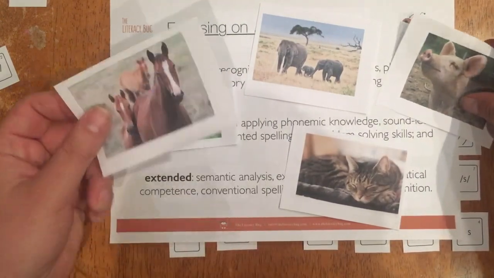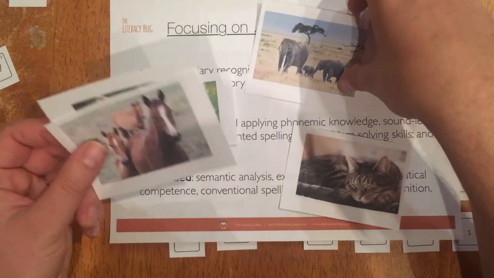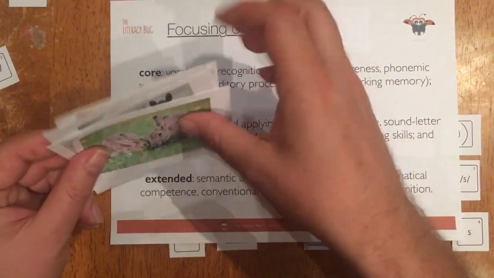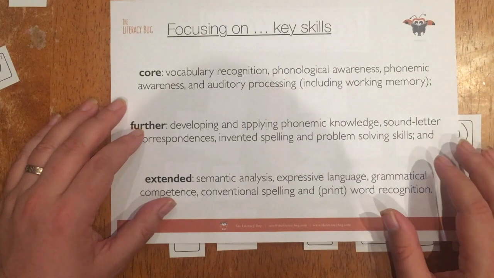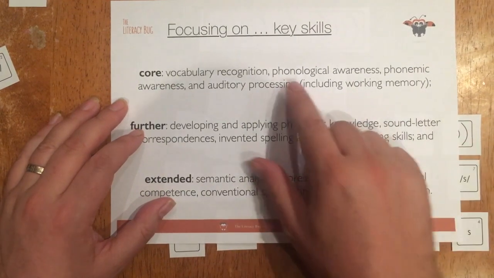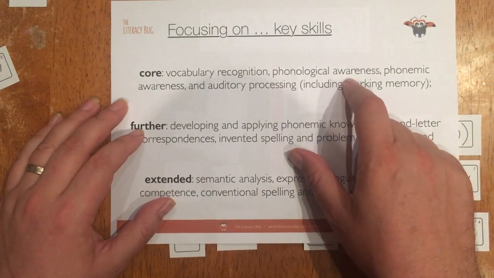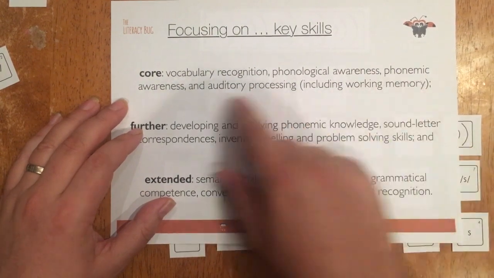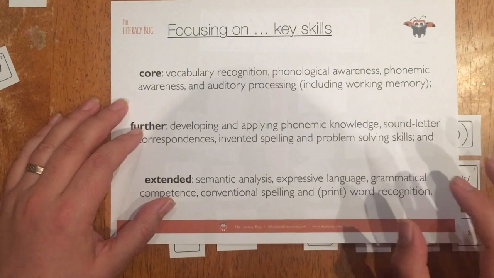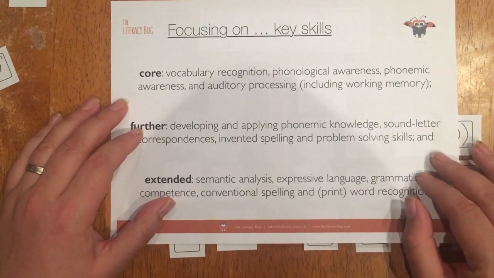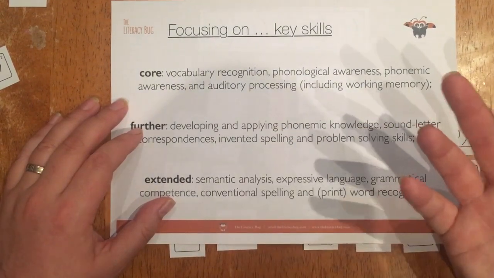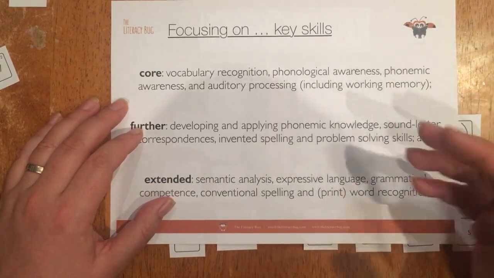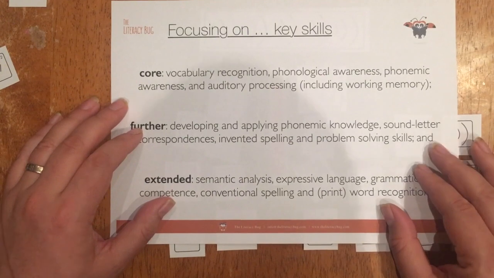So you can choose a particular semantic category: animals, fruits, vegetables, etc. And it starts off building off the oral language skills of the learner. And then phonological awareness, being able to identify syllables, for instance, beginning sound, etc. Phonemic awareness, which is understanding every single sound within a word. And auditory processing, so processing that certain sound, saying things slowly, saying things quickly, segmenting and blending